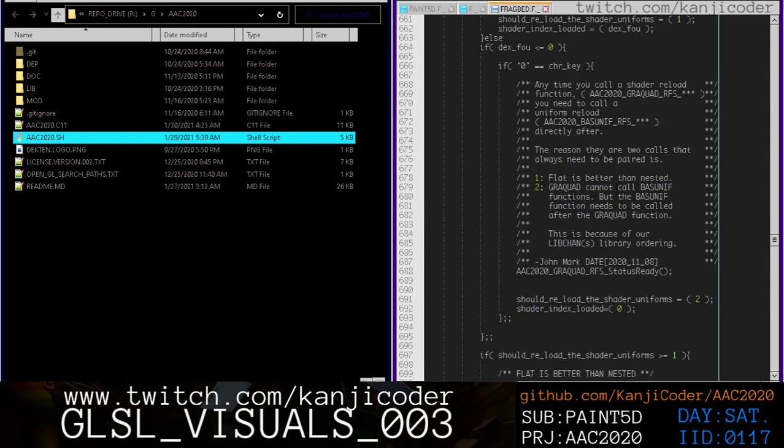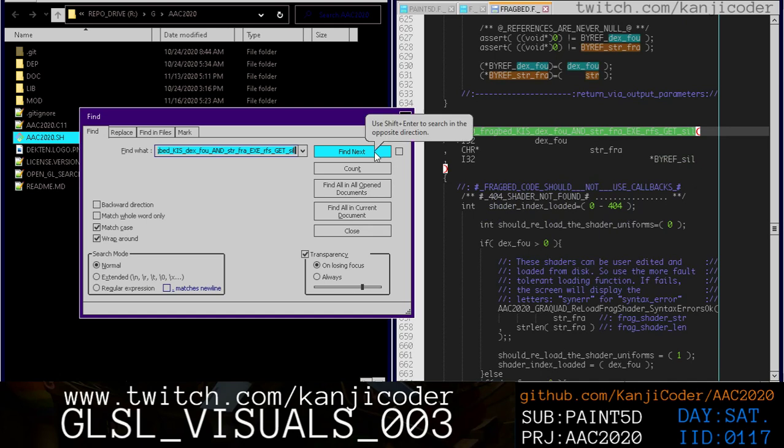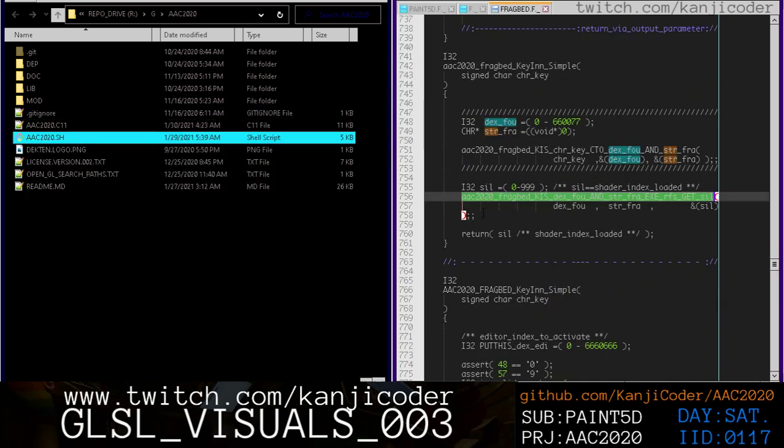And if all this nonsense works, then let's see where that's being called from. This should be called from below. So this is 637 and 756, so it is being called from below. And this is how we're going to populate CIL with an output parameter. And now this main key in simple function, this private version,